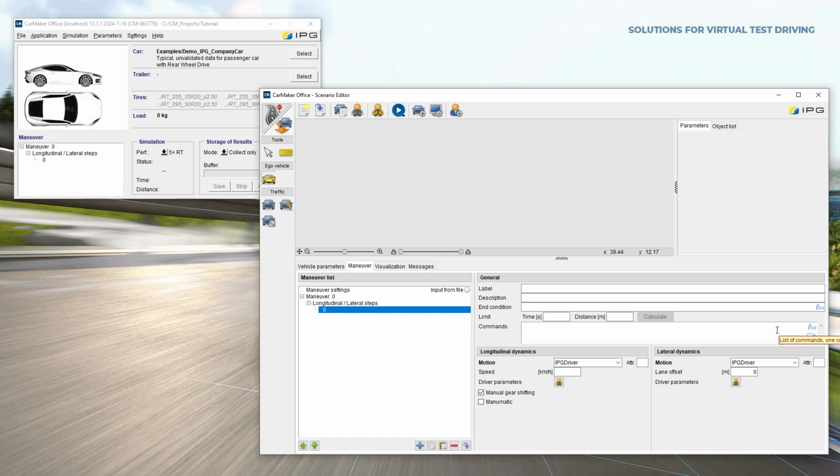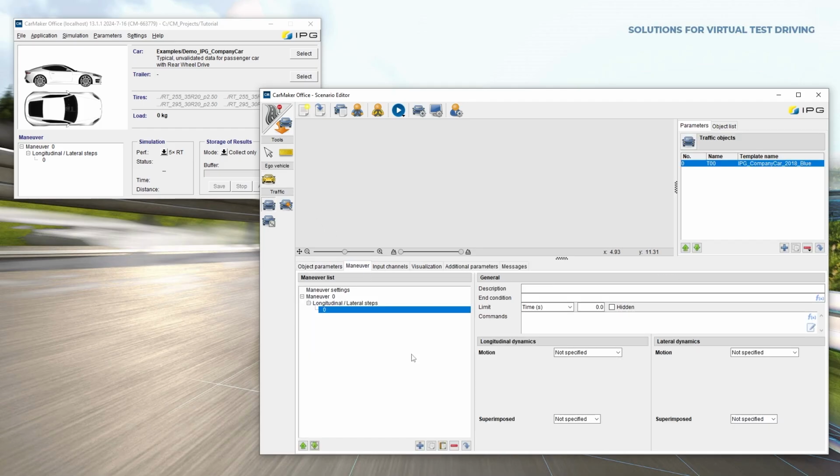Real-time expressions can be used to evaluate logical statements in each simulation cycle. They can serve as dynamic end conditions in the maneuver definition here, or as trigger for mini-maneuver comments there. Even in other CarMaker modes like the Traffic GUI, we can use real-time expressions for start condition for traffic objects and also on higher level for test run or session commands for special behavior.